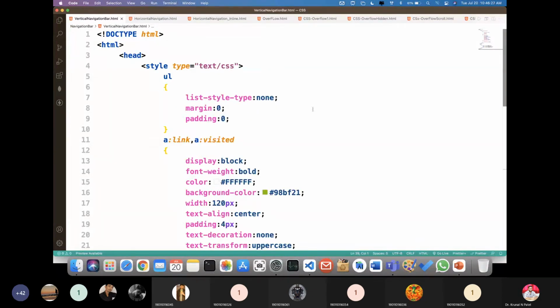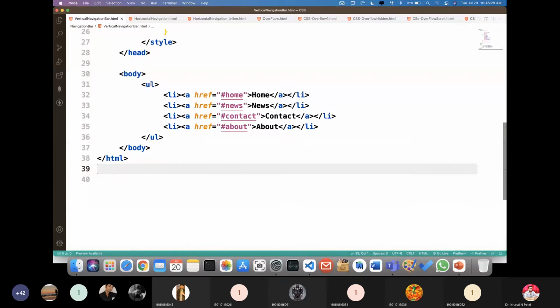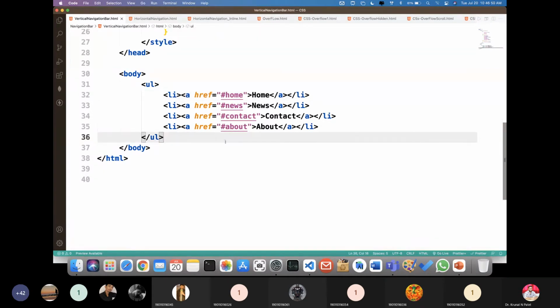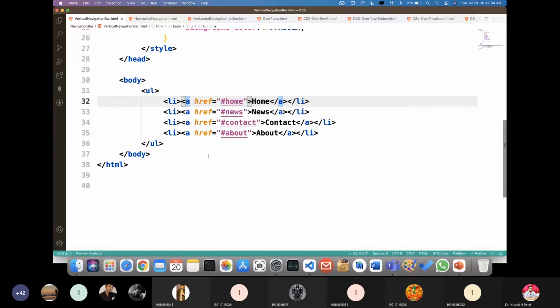Okay, right? So here, first of all, what is our requirement? Our requirement is you have to create one unordered list. So you all are aware that you are going to create the unordered list, right? Either you can use this styling or you can use whatever style I have provided in the PPT, right? Both are valid. So here, instead of an anchor tag, I have put a text in an anchor tag, right? So both work fine, right?